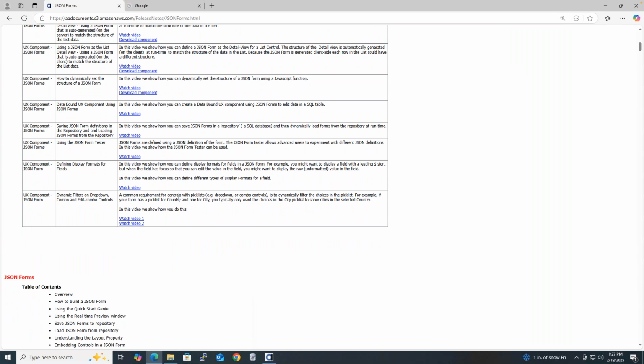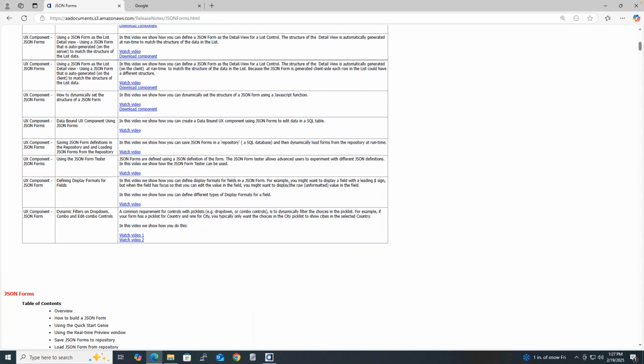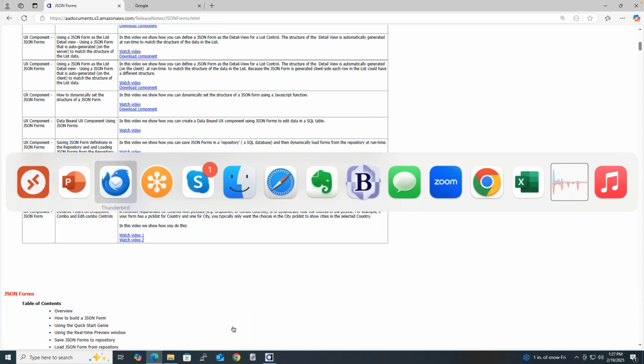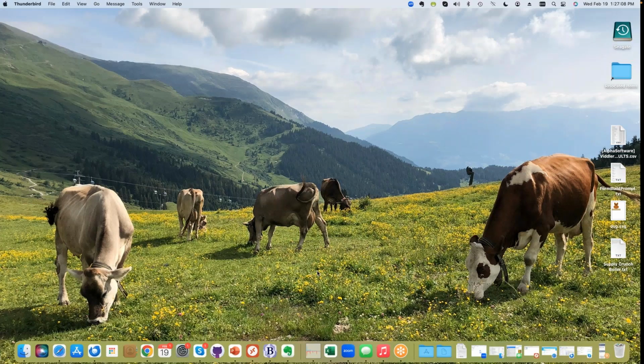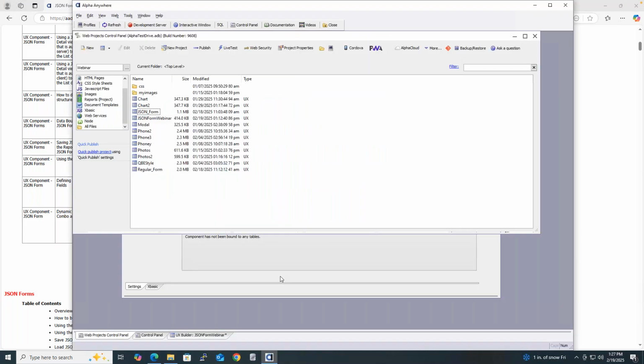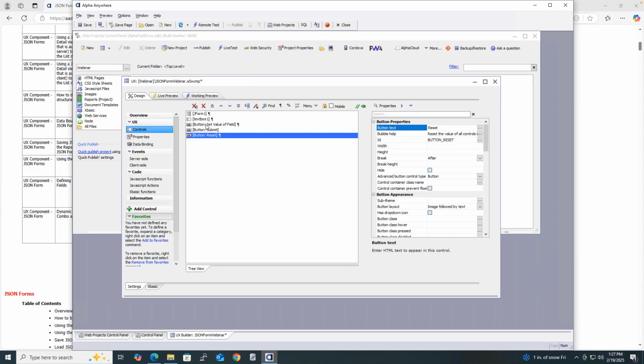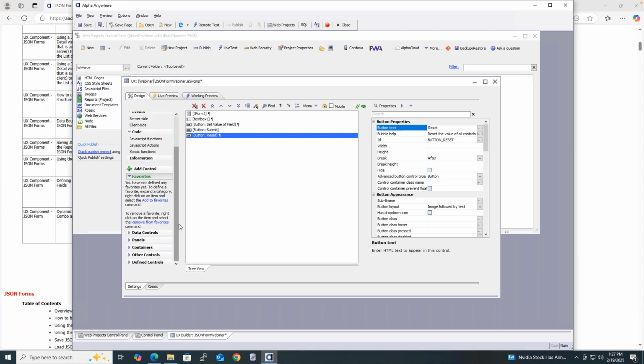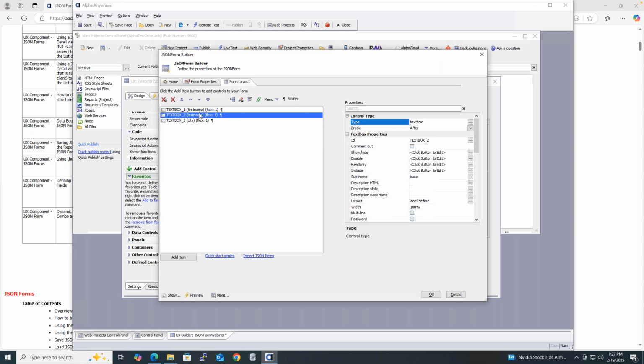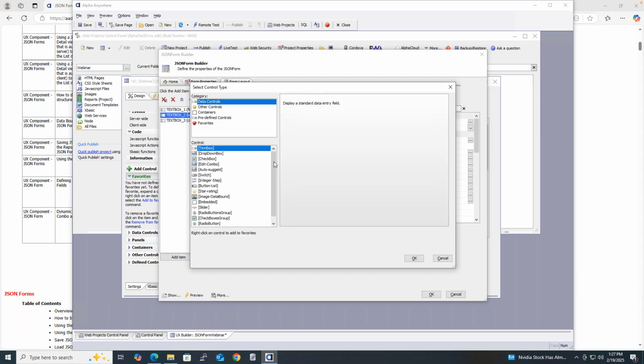Edit combos. Yes, you can do edit combos. There are a bunch of different control types. Let me show that to you real quick. Let's go back to controls. Here you definitely have more controls just in a standard UX layout than you do in a JSON form, but the JSON form does have a ton of controls. So let's just show you what they are. If I said data controls, for example, you have all of these options here,